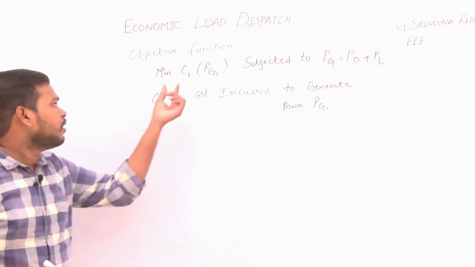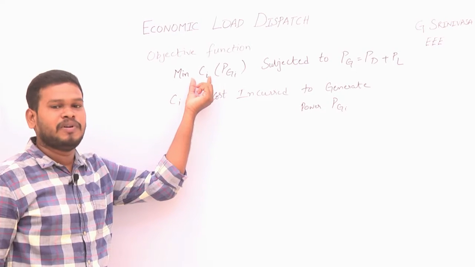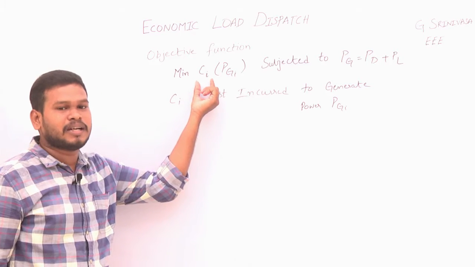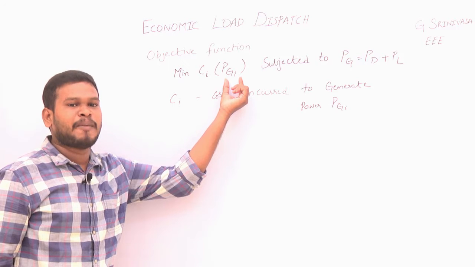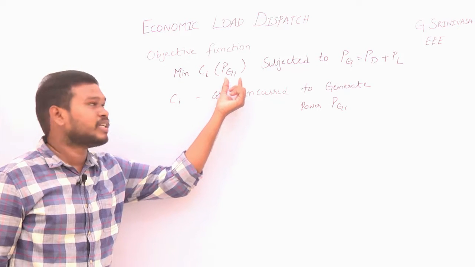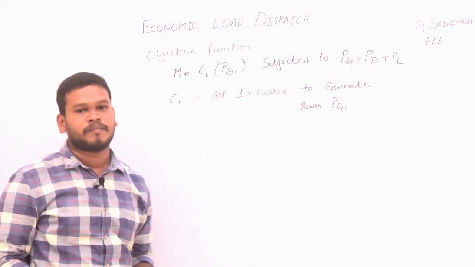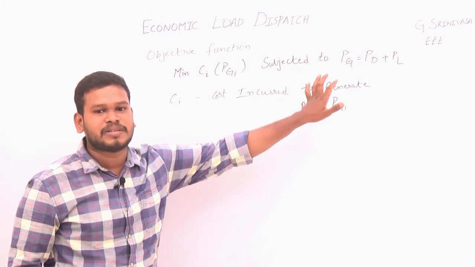Thermal generating stations have different units. So what is the cost incurred in generating a particular amount of power Pg from a unit? Ci is the cost incurred in generating power Pgi, and it is subjected to some equality constraint,